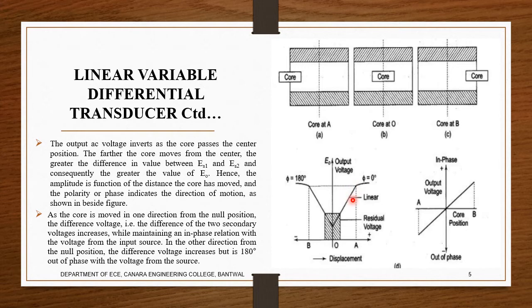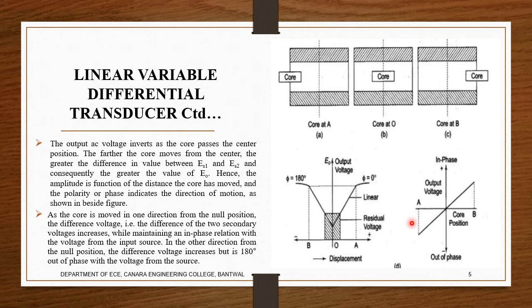Similarly, what is happening with B, when it is starting at 0, as it comes till here, the flux linking with S1 is also reducing. So here, at this time, S2 is greater, the voltage at the S2 winding is greater. Here, at this moment, the S1 winding is greater.